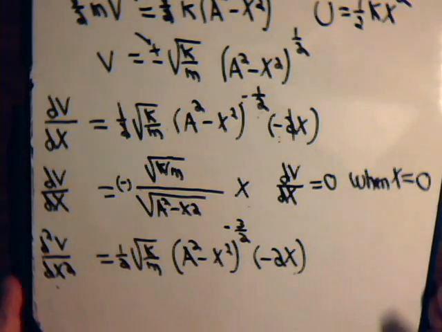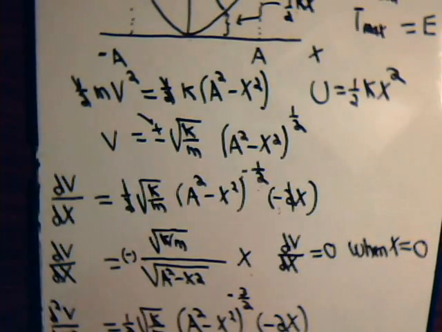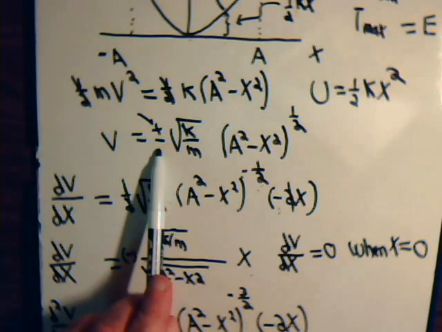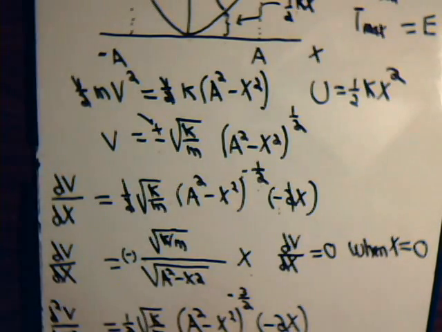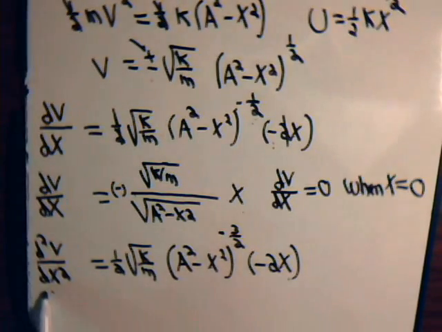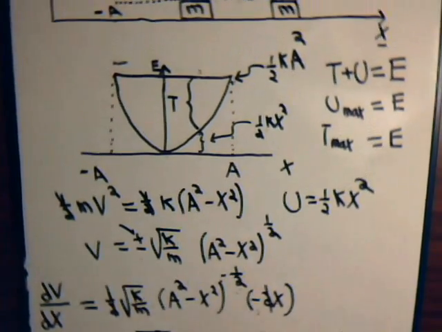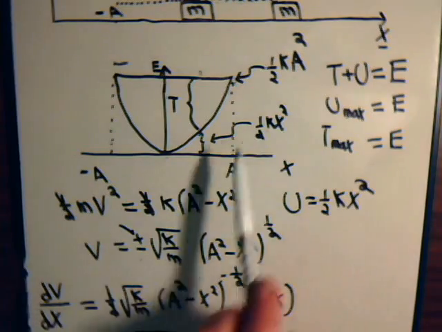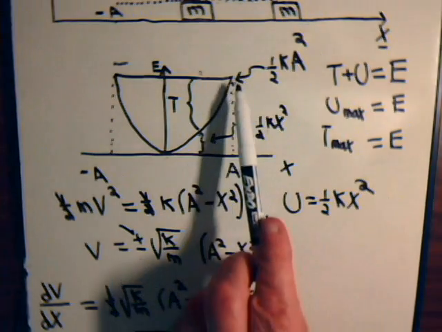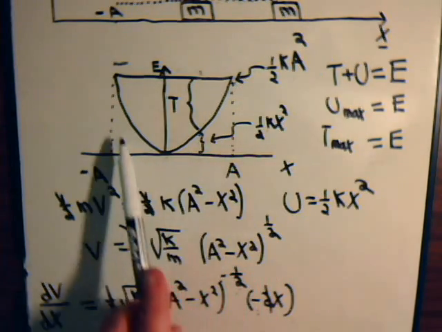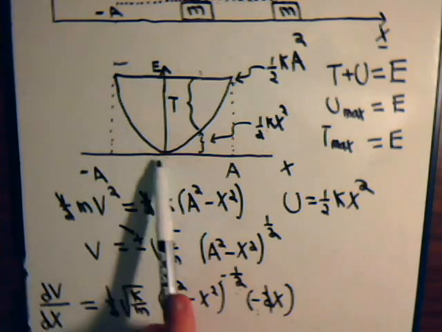Now, if we had worked with the negative part here, then when we take our second derivative and x is negative, then that still comes out to be a negative number. So what that means is that this velocity is at a maximum whether we're going like this or going